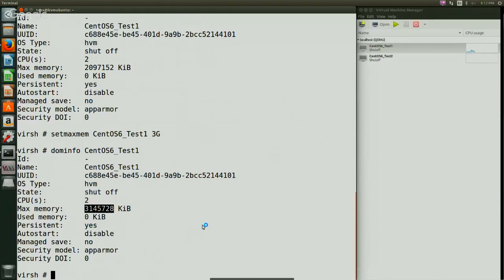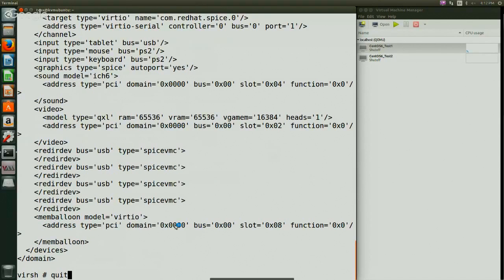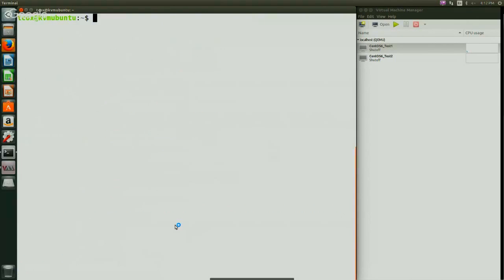Well, how would I build a virtual machine if, for example, I didn't have a GUI, a brand new one? Well, one of the things that I can look at is I can dump the XML for the virtual machines that I have. So if I wanted to, for example, dump XML, which will just show me the XML file for CentOS 6 test 1, then what I can do, and this is actually probably better to do outside of the virsh command, is I'll just do virsh dumpxml CentOS 6 test 1,